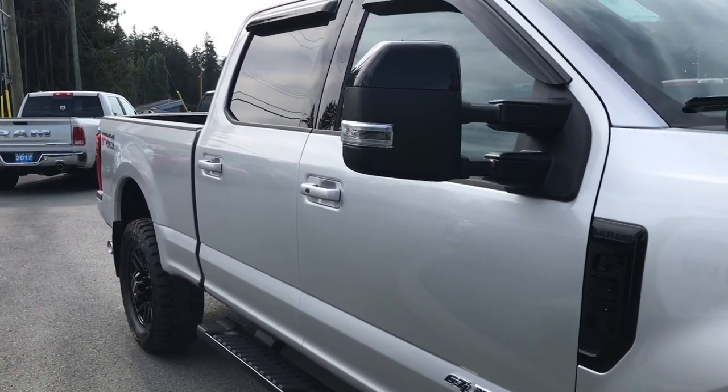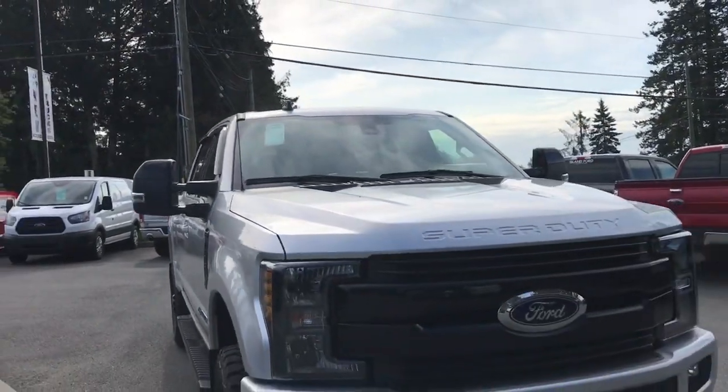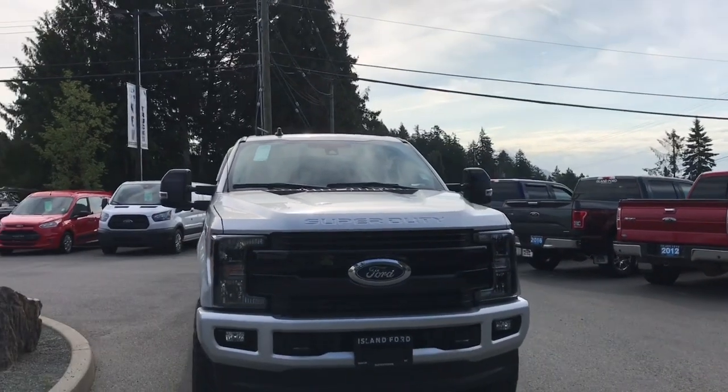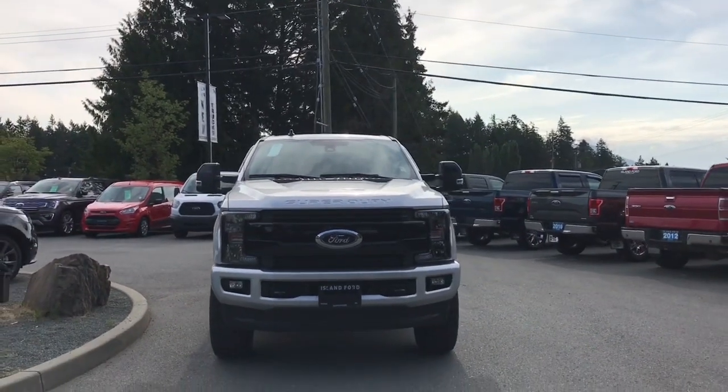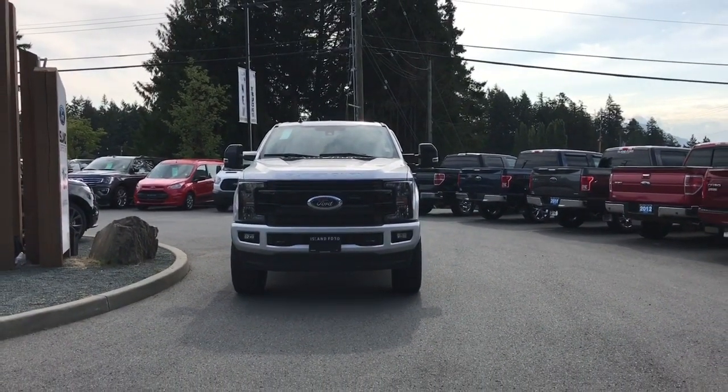Colored bumper, dual exhaust, mud flaps, 6.5-foot box, privacy glass in the back windows with window vents, power scope, telescoping trailer tow mirrors that are heated and powered, as well as blind spot information system, quad beam headlights, halogen fog